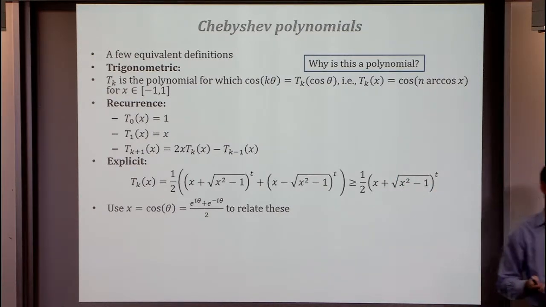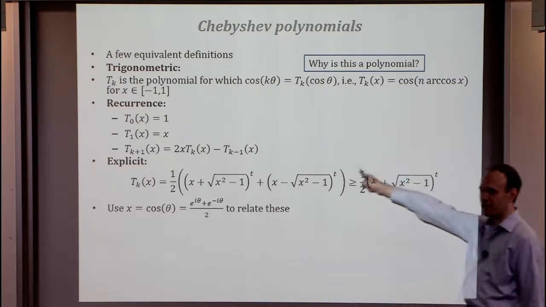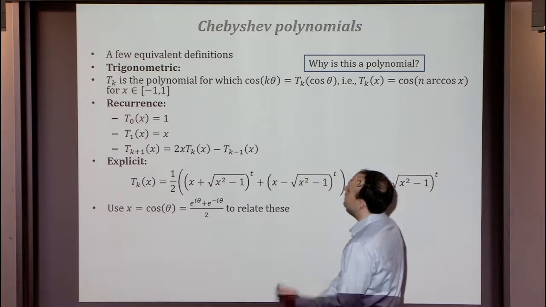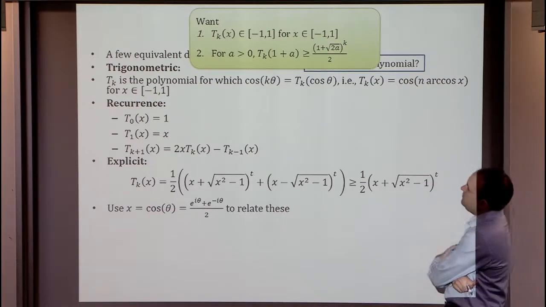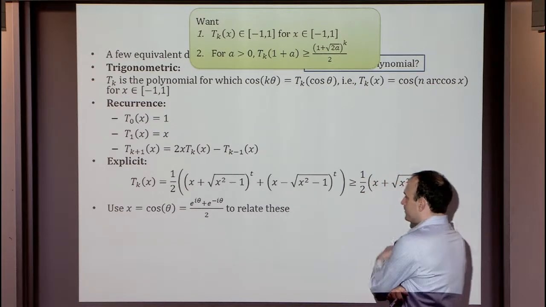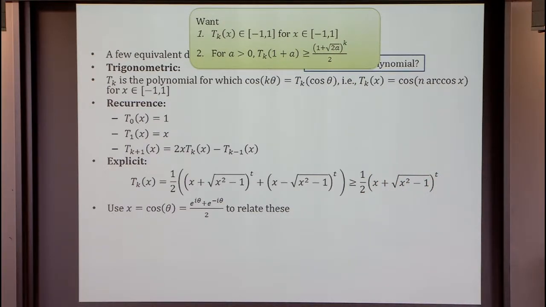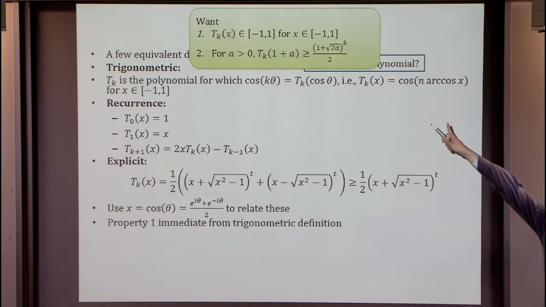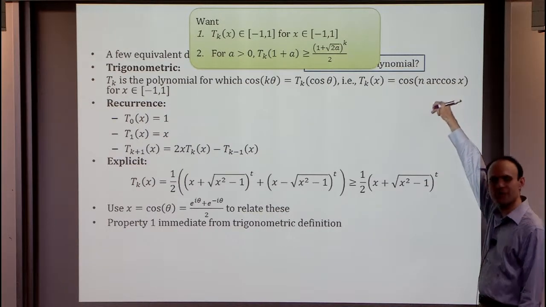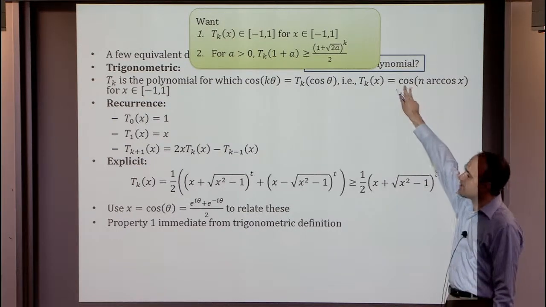Because I'm running slow, I will not prattle on too much about what I think they really mean, but I will convince you that they're true and satisfy the properties we need to get a good algorithm. So those are the properties I said they're supposed to have. They're supposed to be small between -1 and 1, and they're supposed to be big when you leave the interval. Okay, so I claim these are immediate from the appropriate choice of these 3 definitions. Property 1 I claim is immediate from the trigonometric definition. I want it to be between -1 and 1 when x is between -1 and 1. But note that when x is between -1 and 1, our cosine makes sense. And I'm just taking cosine of something.